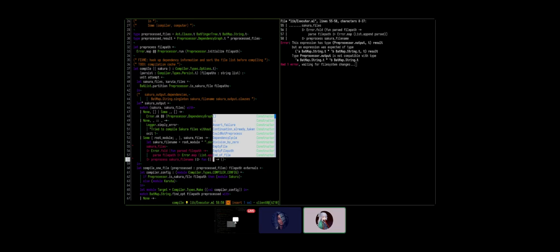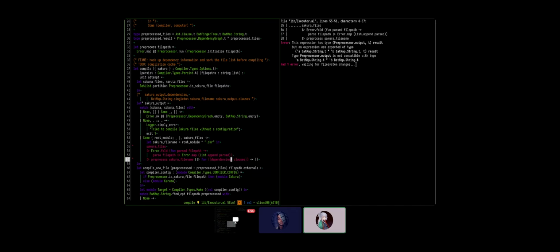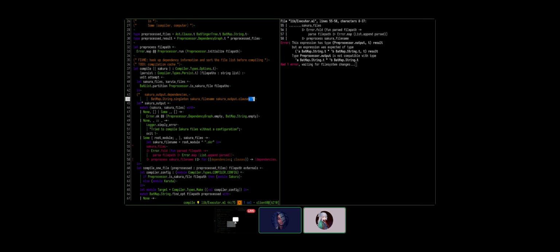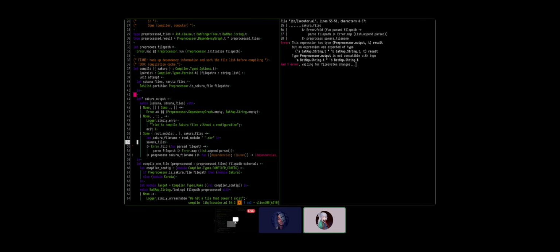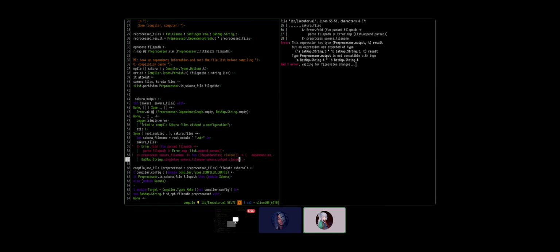Okay, so we need to grab dependencies and the clauses, and this needs to be a semicolon. Dependencies goes first. No, this is a record. No, I mean in the output tuple. And then we do the singleton thing that you already have in there. We need to grab the file name differently though. Oh, we already did line 54. Never mind. Okay, no, this is basically this, but then we don't need to qualify these because we're destructuring them,